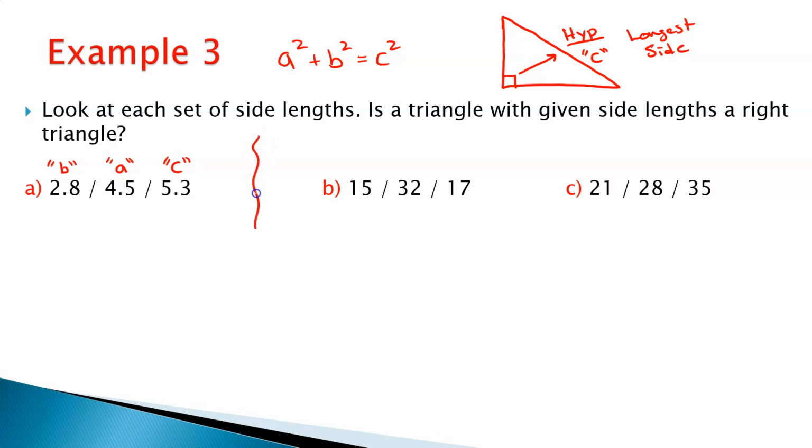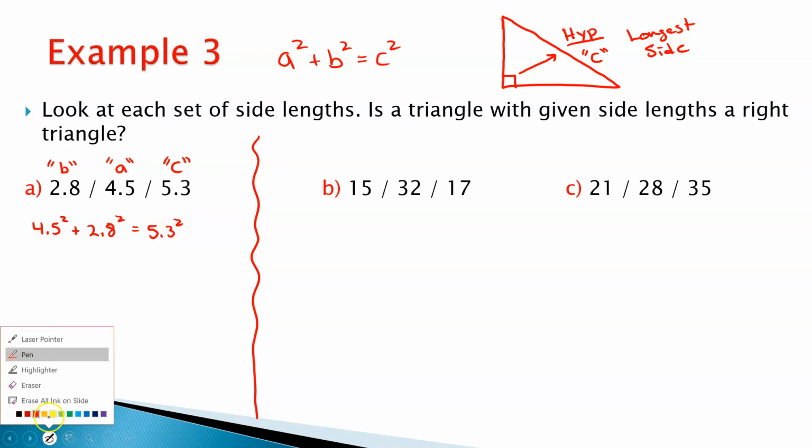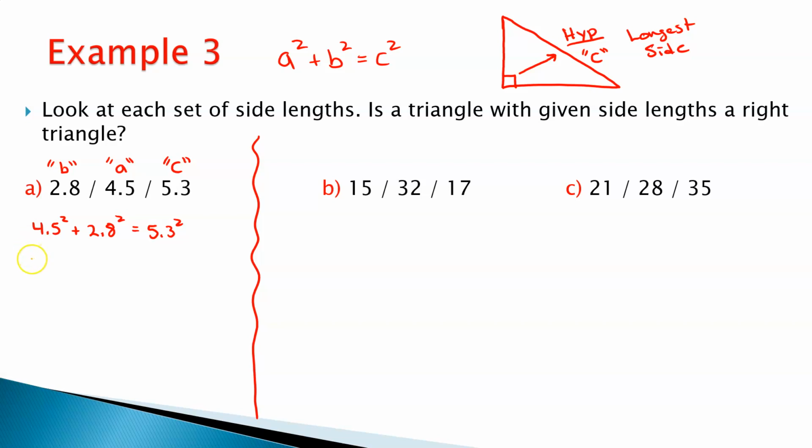So let me provide myself a little bit of working space here. If I plug in all those things into my Pythagorean theorem, a squared plus b squared equals c squared, I get 4.5 squared plus b squared, which is 2.8 squared, is equal to c squared, which is 5.3 squared. All right, let's go through and multiply all this out. 4.5 times 4.5. I really should just do squares. That gives me